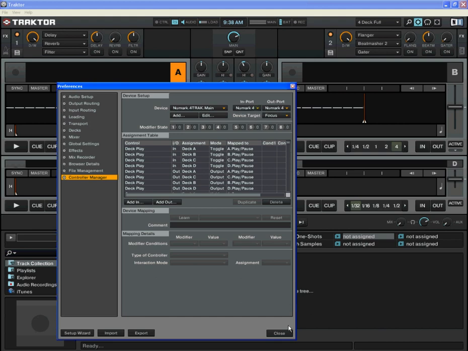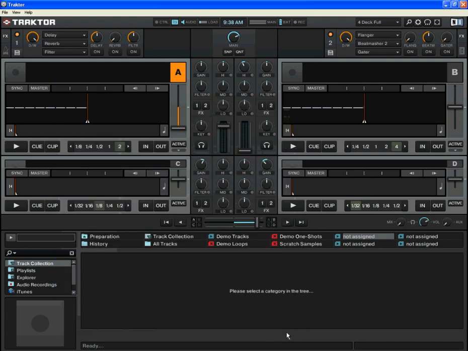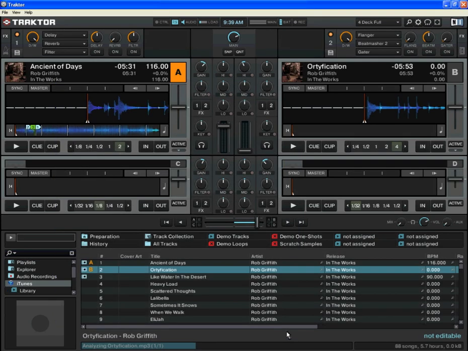Some of the first questions you may have about using the 4Track are how to assign effects to a track and how to use the strip search function. To assign an effect to a track, hold down the Effects Mix button on the effects bar. And while holding this down, turn the 1, 2, or 3 knob to assign effect 1, 2, or 3 in the Traktor software. To turn your assigned effects on or off, click the buttons underneath those knobs.